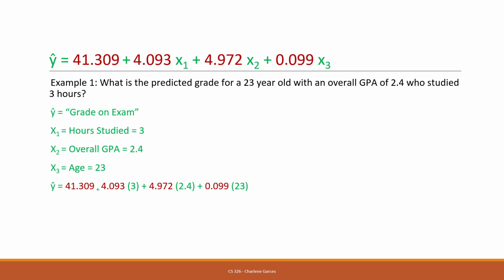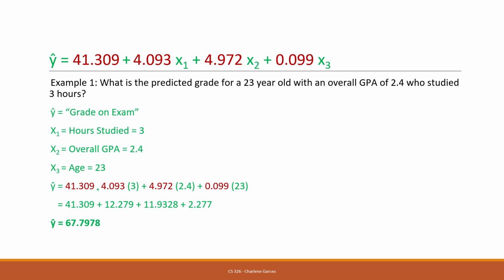So we have the grade on exam, or the dependent variable, is equal to the coefficient, the 41.309 as the intercept, and then we also have the 4.093 times 3, which is the hours studied, plus the 4.972 times 2.4 for the overall GPA, and then we have the 0.099 times 23 as the age of the 23-year-old. So if we compute this, adding all those values, our grade on exam must probably be